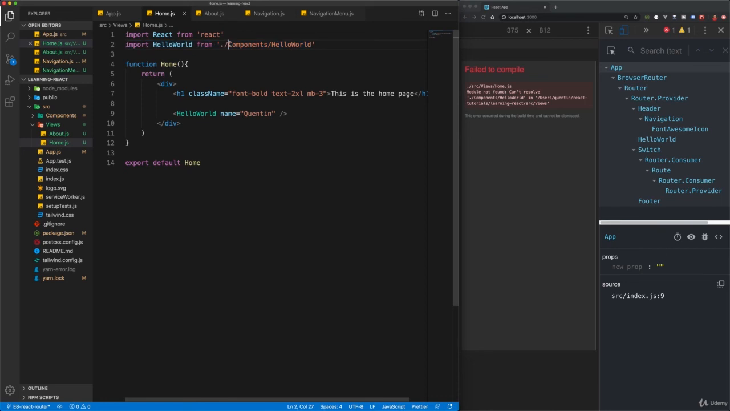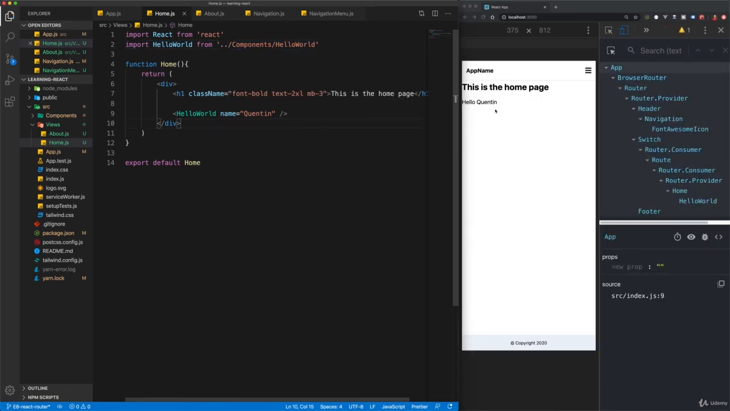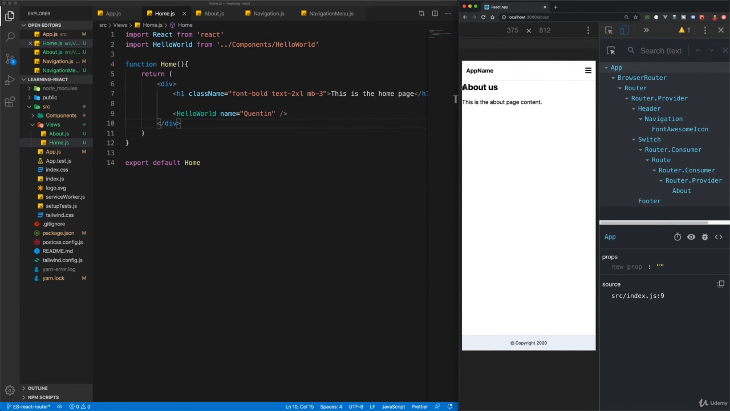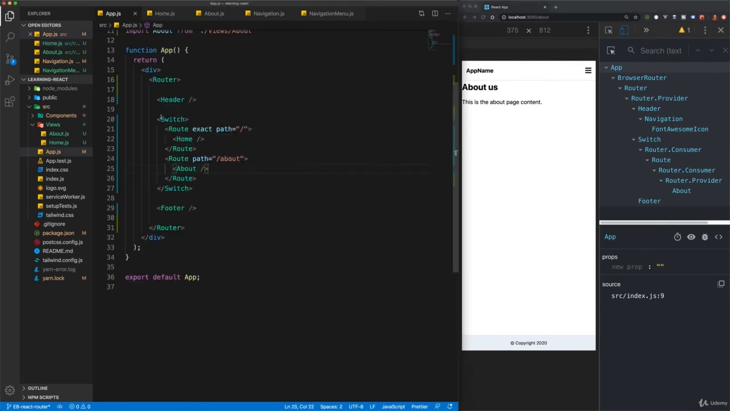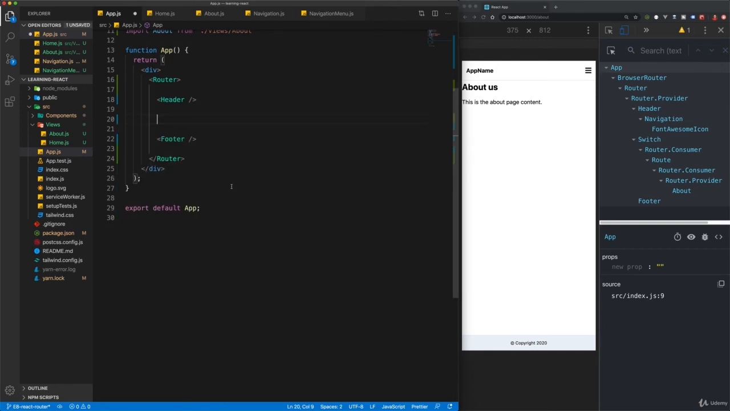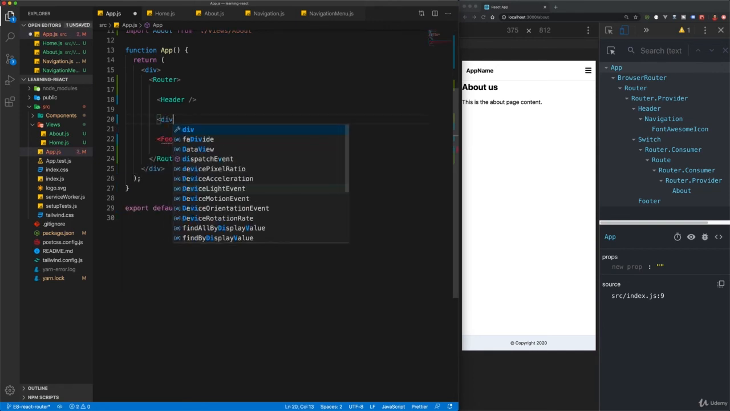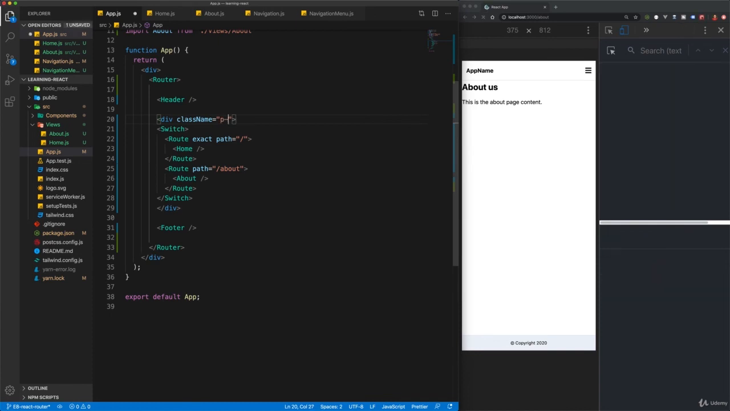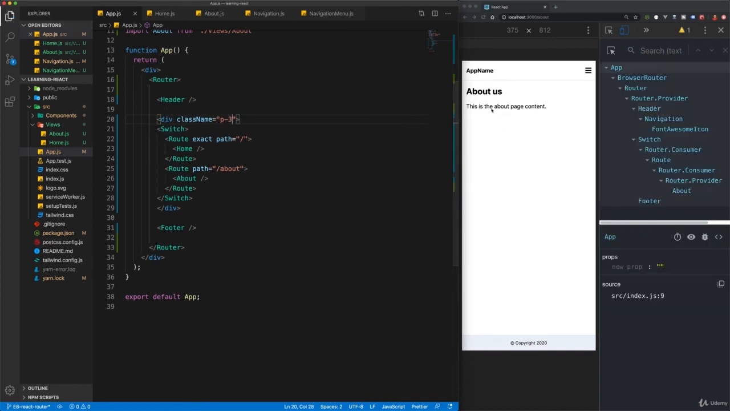So it's actually got to go to /components in hello world. Great. So taking a look at this now, we've got the home page content and we've got the about page content, and I just want to add in a little bit of padding around the container there. So I'm going to take this entire switch and I'm going to create a div that I'll place that inside of, and this can have a class of P-3, and that will fix up the spacing a little